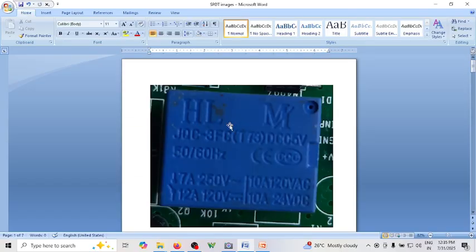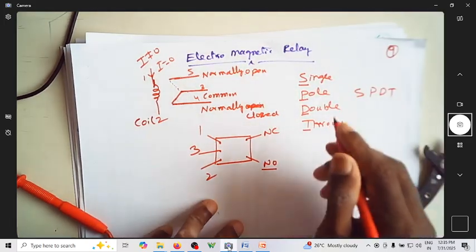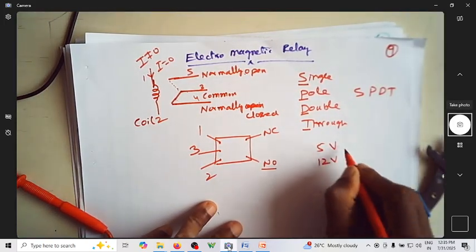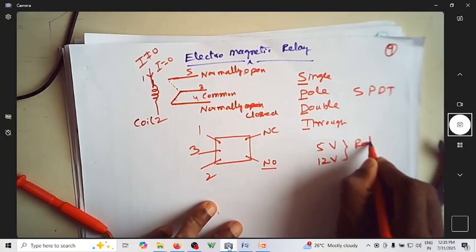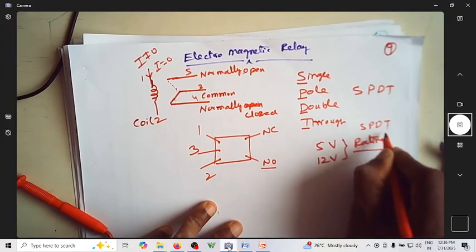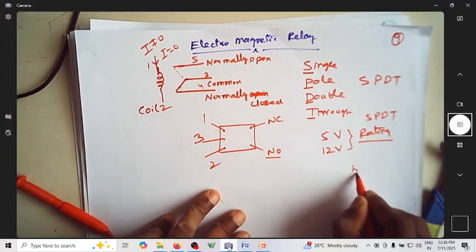This is how a relay looks from the top. This will operate with a DC voltage of 5 volt. The SPDT relays will be of either a 5 volt rating or a 12 volt rating. So these are the voltage ratings of the SPDT relay,